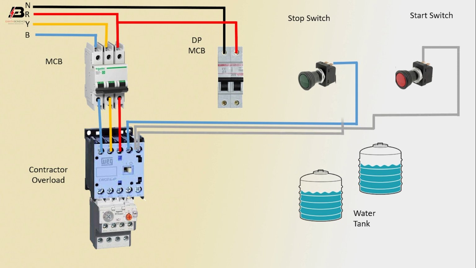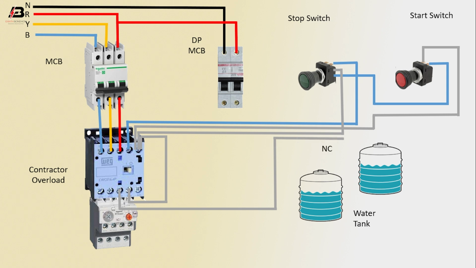output connection from contactor to connect stop switch, again output connection from contactor to connect contactor another point, common connection between stop switch and start switch, output connection from contactor to connect NC switch and stop switch, output connection from NO switch to connect water tank, output connection from contactor to connect DP MCB, output connection from overload to